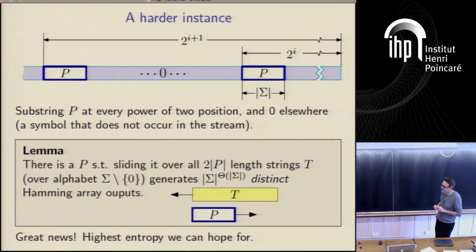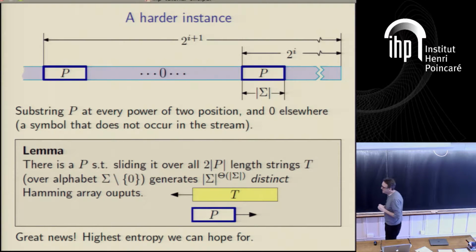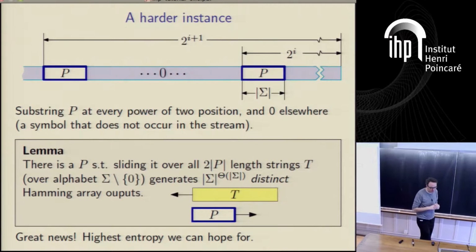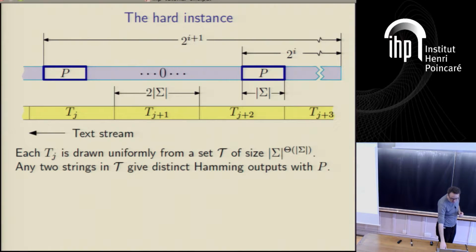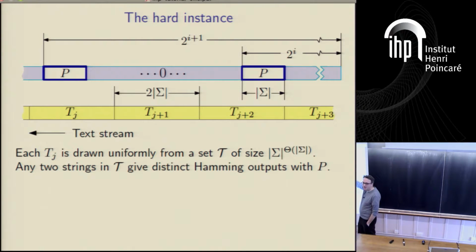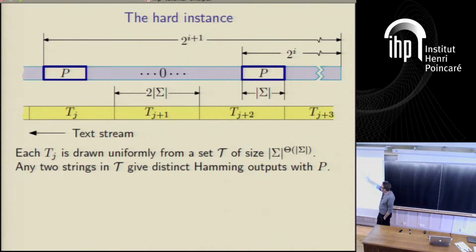Exactly right. So this thing exists, and it's non-trivial to show that it exists, but it does exist. So once you believe that exists, then we are in a really good shape. What we're going to do, remember this is our pattern, we're going to have this string, this is our string, so it's going to have this pattern here, P, at every power of 2 length position, it's going to be of length sigma. Our stream is going to be made up of chunks of length 2 sigma,